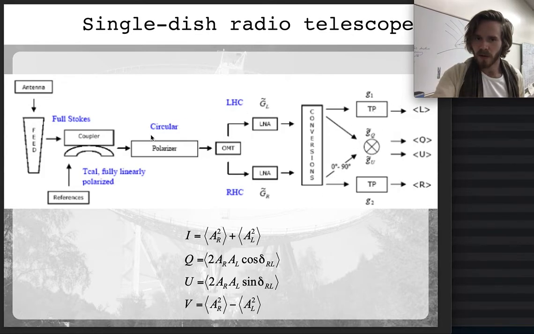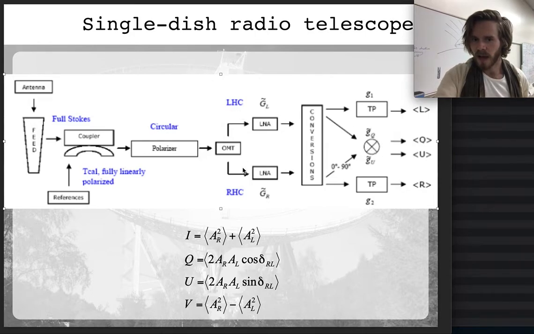what we get out of our antenna system then is the total power in the left-hand circular polarization and the total power in the right-hand, and so we can get our Stokes parameter just by adding these up, right? So that's pretty straightforward. If we just take the L, we get just the L. If we just take the R, we get just the R. We can then